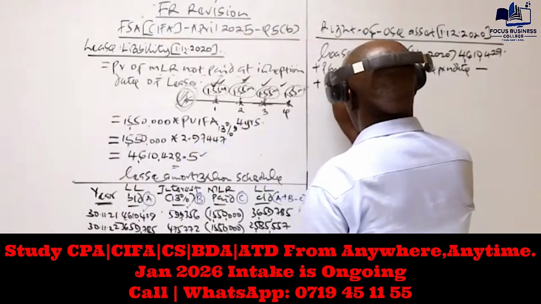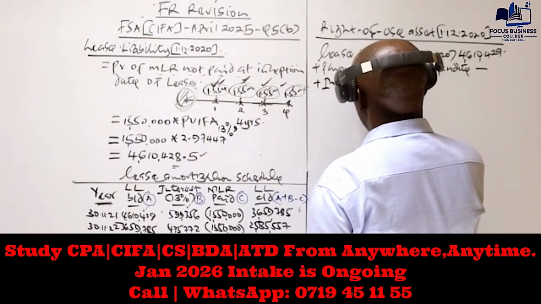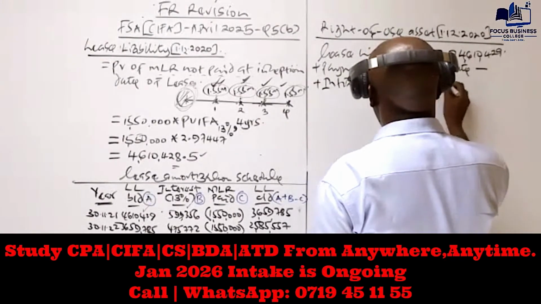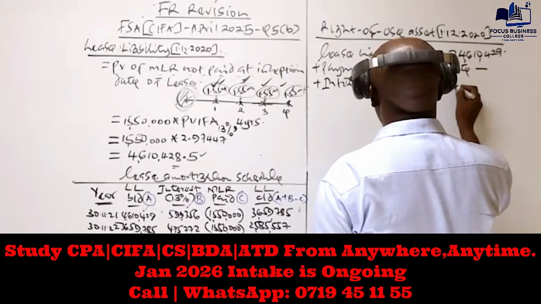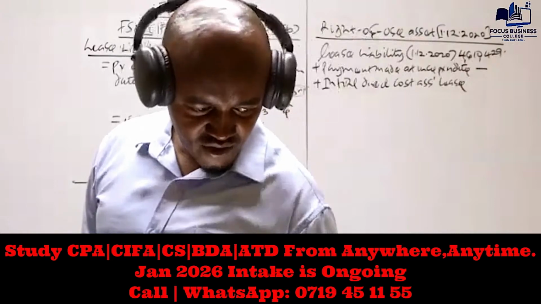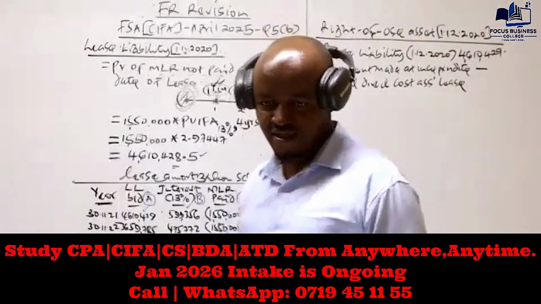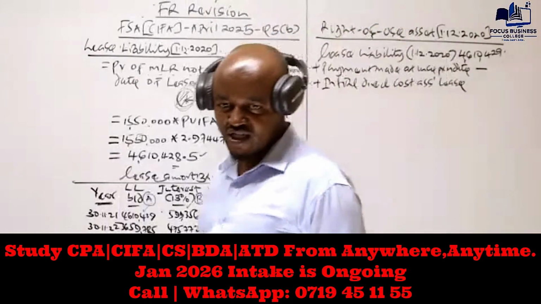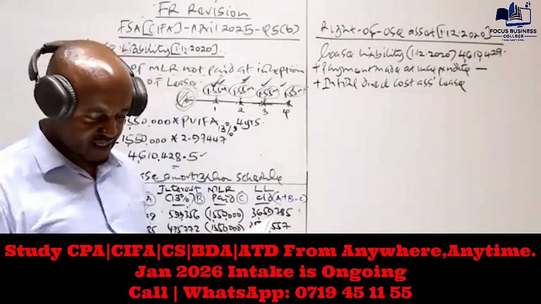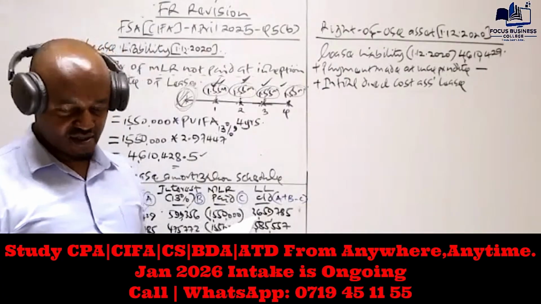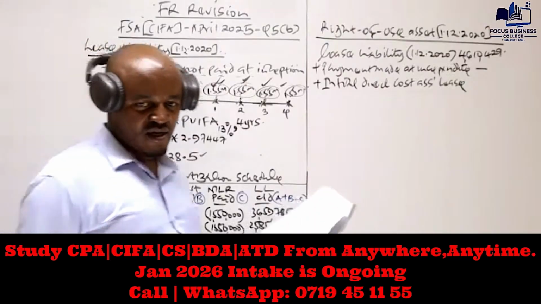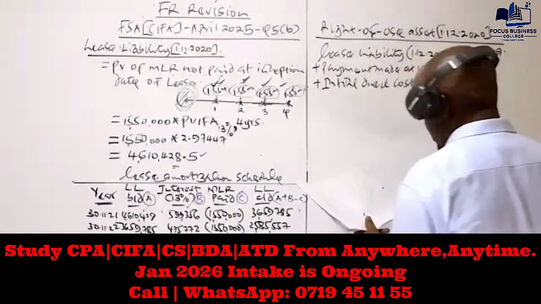And then to this we add what? Initial direct costs, which are associated with the lease. I think in this question here, we have some initial direct costs which are associated with the lease. Can you see that? Who can be able to see that value? It is within paragraph 1, the last sentence. Can you be able to see this? Abdinasil? Amos, can you be able to see that? Yes. So the initial direct cost associated with the lease is